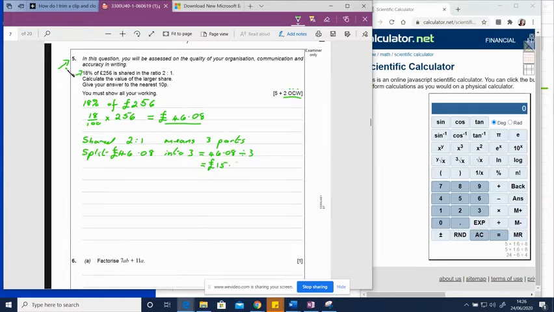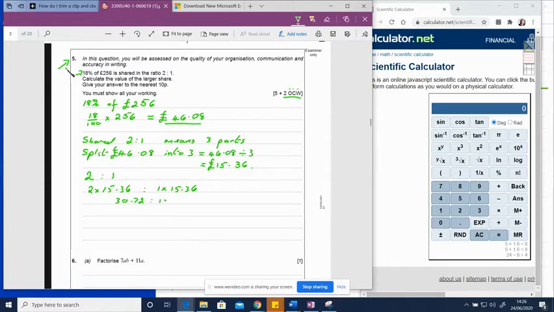Again, I've used my calculator for that. But if it's split into the ratio of 2 to 1, that means 2 parts. So twice times £15.36 to 1 part, which is 1 times 15.36, gives us 30.72